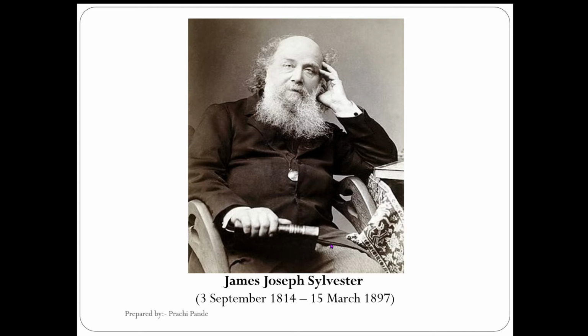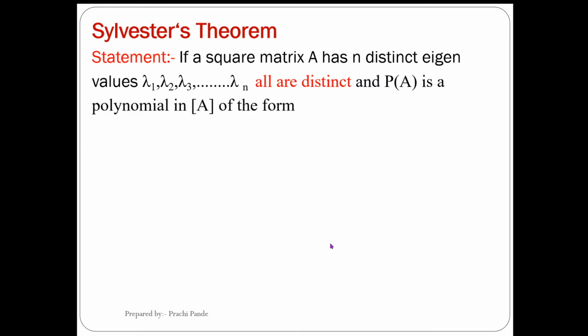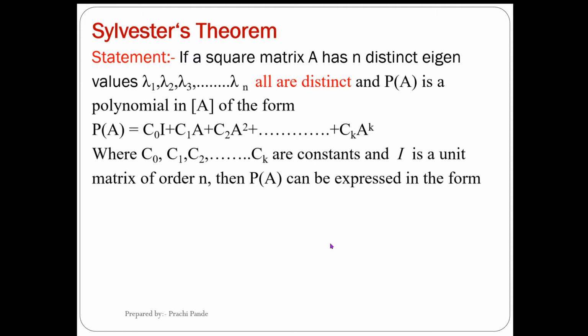This is Sir James Joseph Sylvester, who stated the Sylvester theorem as: if a square matrix A has n distinct eigenvalues lambda 1, lambda 2, lambda 3, and so on up to lambda n, all distinct, and P of A is a polynomial in matrix A of the form C0 I plus C1 A plus C2 A square plus so on plus Ck A raised to power k, where C0, C1, C2, so on up to Ck are all constants and I is a unit matrix of order n. Then P of A can be expressed in the form